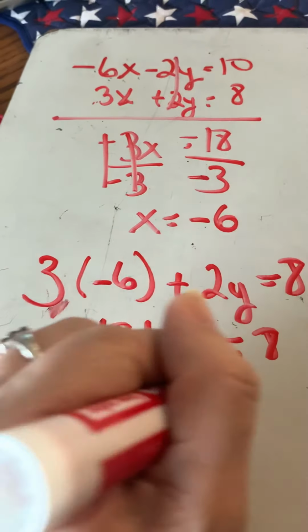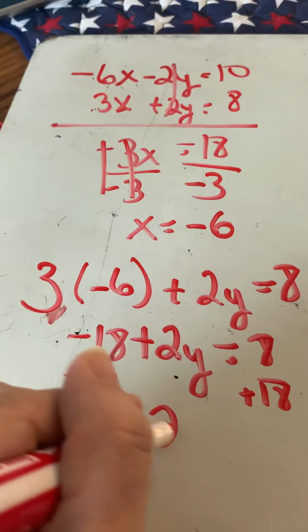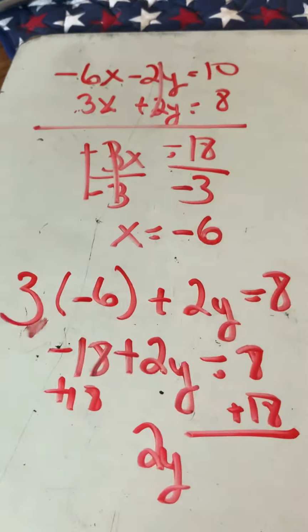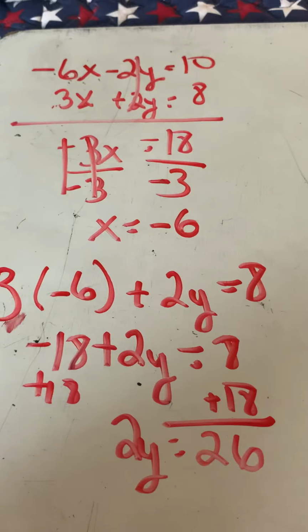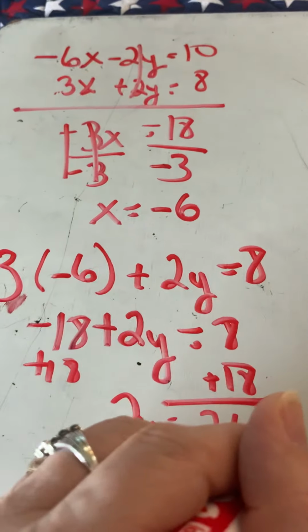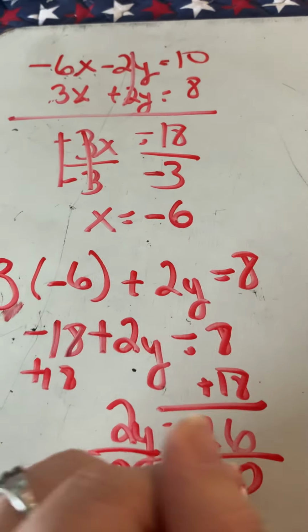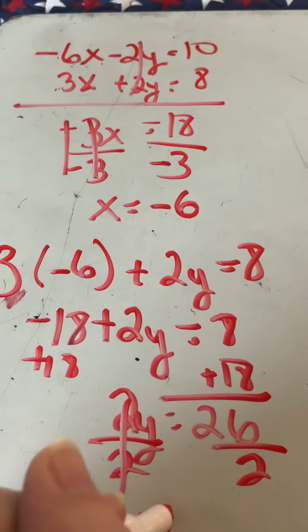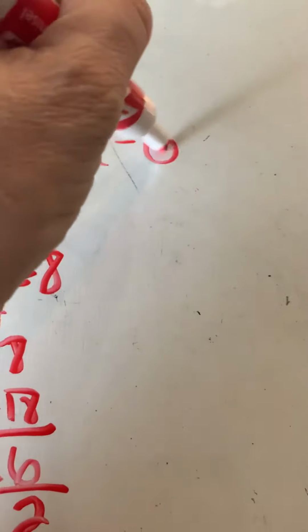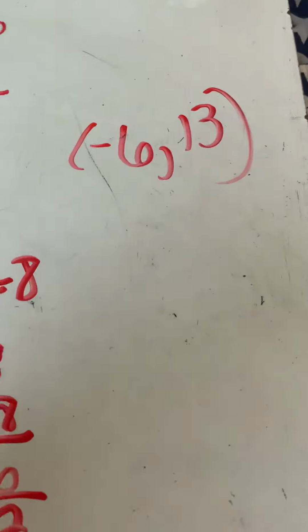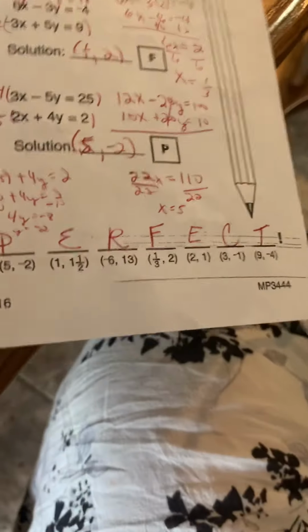Add 18 to both sides, and you have 2y equals 26. Now you just divide both sides by 2. Y equals 13. So your solution is negative 6, 13. So what I like about this worksheet also